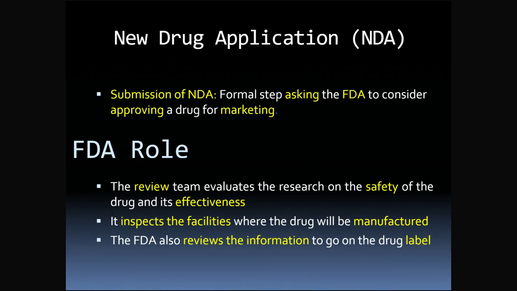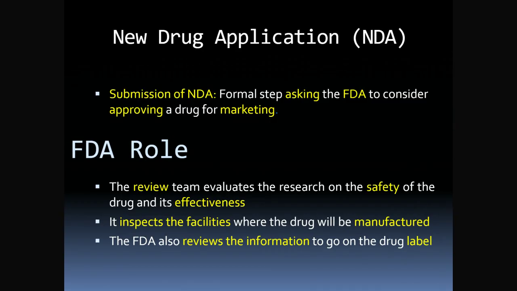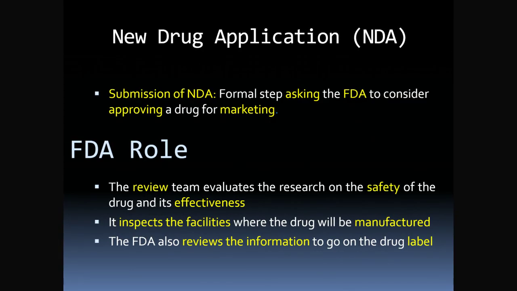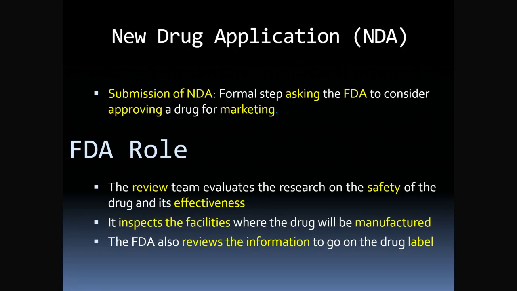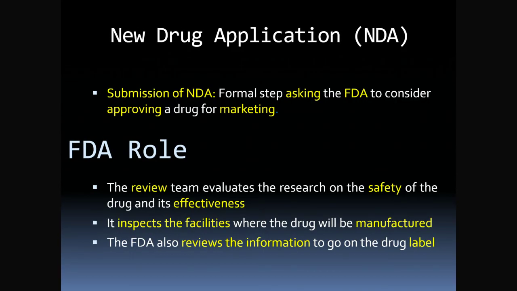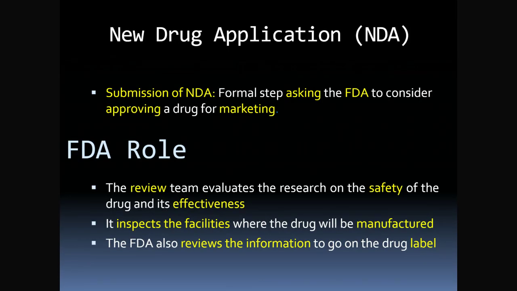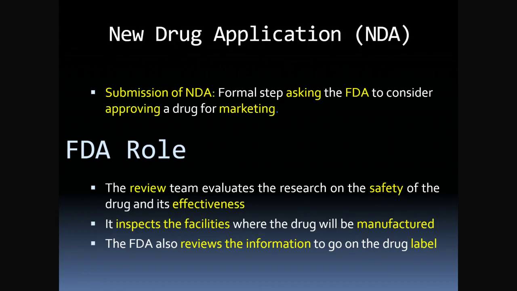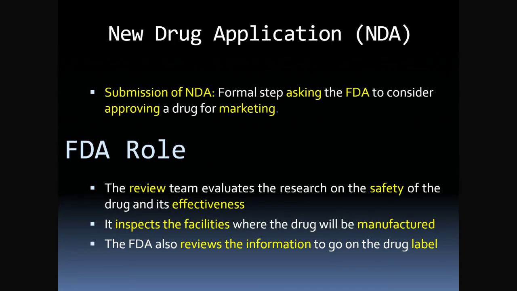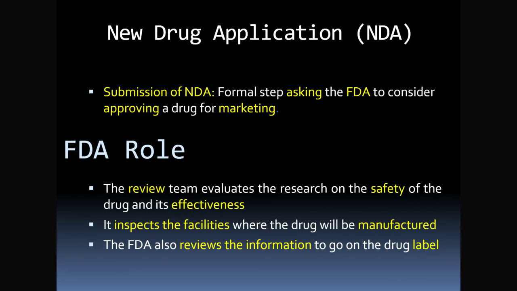This scrutiny extends to the physical manufacturing infrastructure, where on-site inspections ensure the facility can maintain molecular consistency and purity at a commercial scale. Furthermore, the agency validates the precise scientific language on the drug label to guarantee that every dosage instruction and adverse reaction is accurately reported to the medical community. How do you think the rigorous verification of manufacturing facilities serves as the final barrier to ensuring patient safety beyond